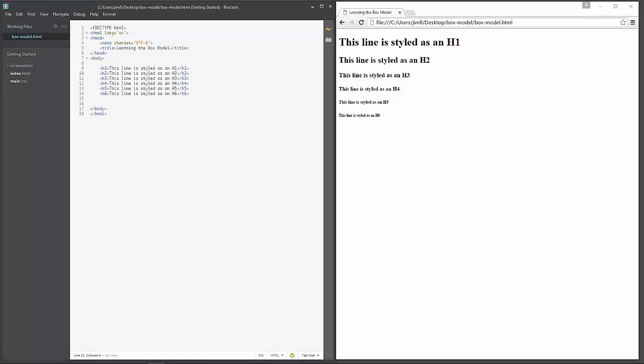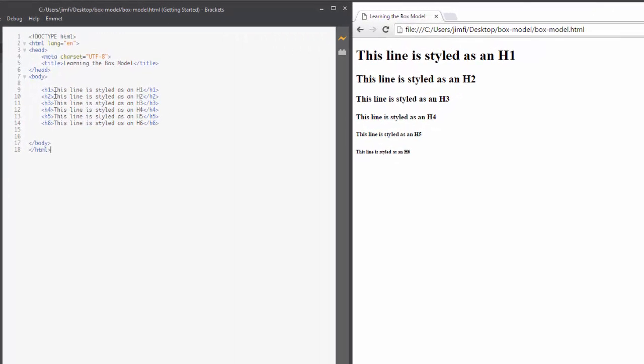In a previous tutorial, I created these H elements here to show you how to use Emmet. These are not really quite complete for the demo I want to do right now. I want to show you how the box model works in HTML. So what I'd like to do is to add something to these lines, but remember, if I want to try